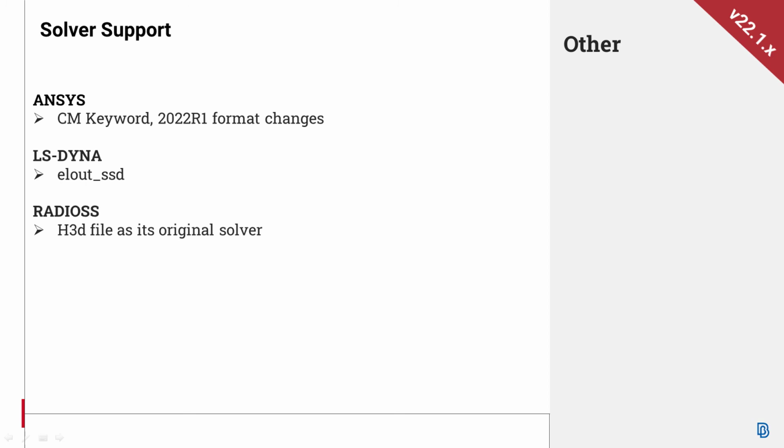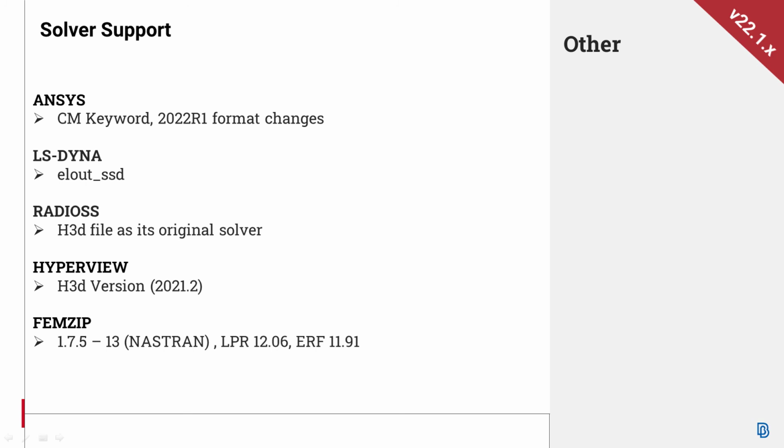If imported geometry originated from Radioss, the entities' names and their display is now consistent with Radioss. The input still needs to be realized through the HyperView option. Regarding HyperView, H3D version 2021.2 has been supported.